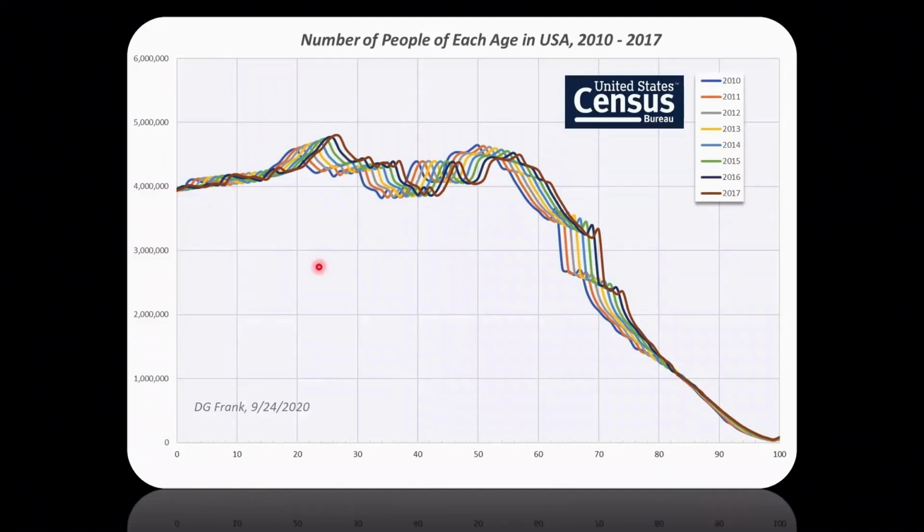So you notice that it just marches along year by year, but the detail doesn't change much. And that's because the US Census doesn't do the detail every year. They only do the real serious detail every 10 years. And everybody knows we just completed the 2020 census. So what they do is they take the 2010 census in great detail, and then they just bump it 1 year every year, and they estimate how it changes a little bit.